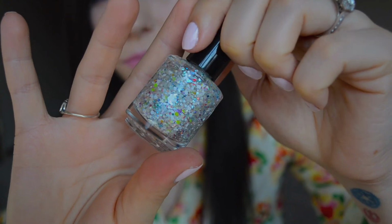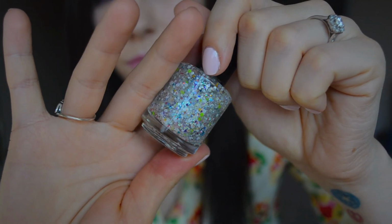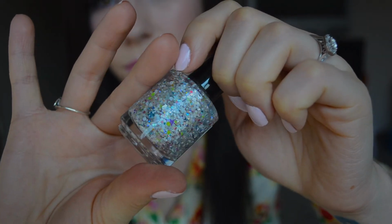So that's an option. And the next one, the last one, is Bunny Dreams from Candy Lacquer, and this one is incredible. Moons and stars and all different colors, and there are these little tiny stars, which I've never actually seen tiny star glitter like that. Lots of white and green, and then this has a lot of metallic Easter colors mixed in. Unfortunately, she only stocked this once, and she's not going to make it again,